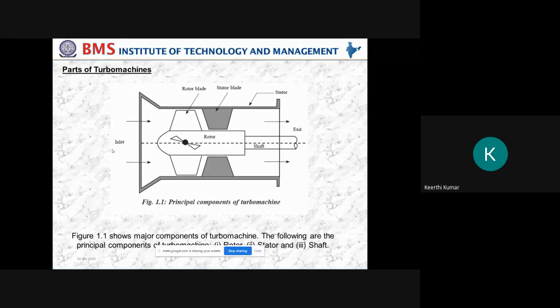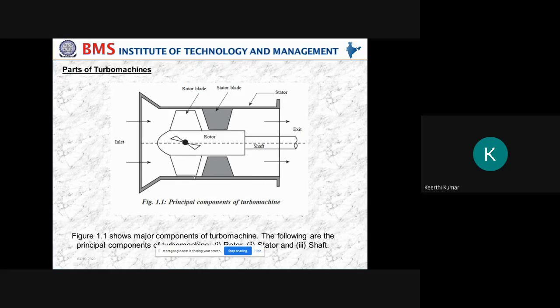Clear? This kind of machine is called a turbo machine, and these are the basic parts, or principal components, of a turbo machine. In the exam, they will ask with a neat figure, explain the principal parts of a turbo machine in detail. That means you have to draw the figure. You should understand the fluid is entering here. Because of the entry of the fluid, the rotor will start rotating. After rotating, the fluid has to go out, so it will take the help of the stator. These stator blades are also called guide blades. The function of a guide blade is just to show the path for the fluid. Then the fluid will get out from the turbo machine.